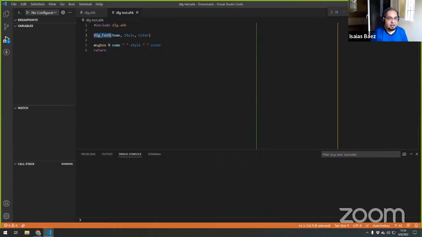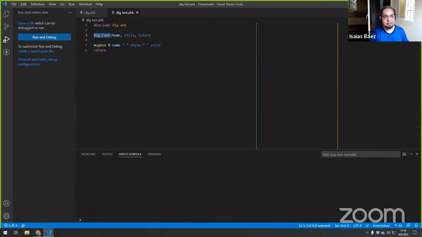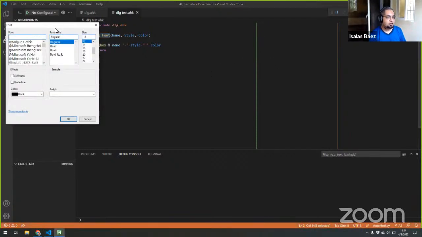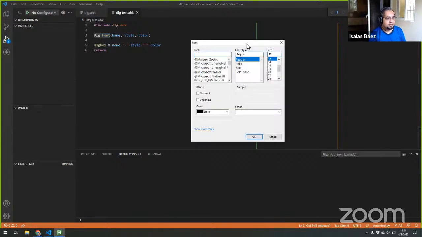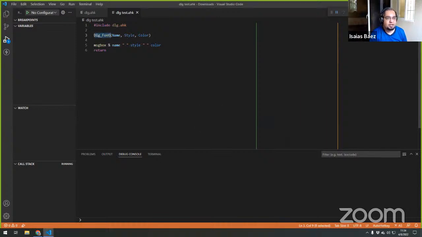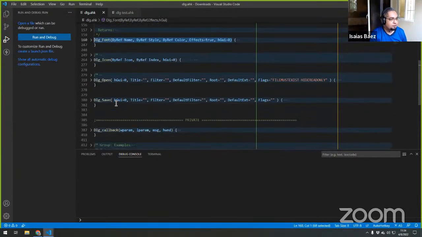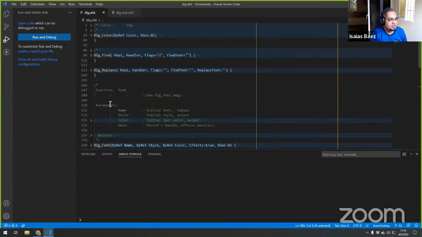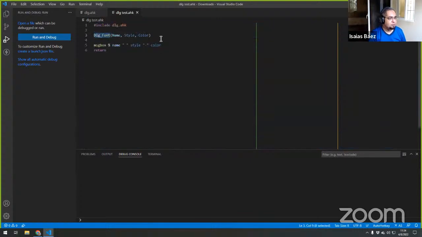But basically, instead of recreating the whole GUI, you can just call the system dialog and just let them pick it like this, because that way you can even have a preview of the font. Yeah, and it is easier for you to code. And the same you can do with other dialogs here, like for picking an icon, for opening a file or saving a file. And at least this one is very important. I use it from time to time, which is picking a color.